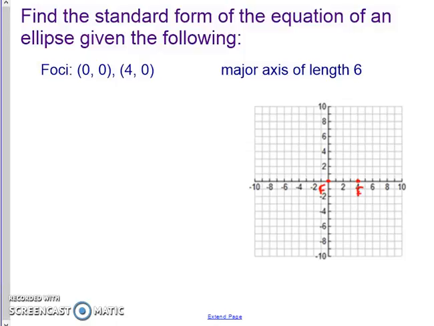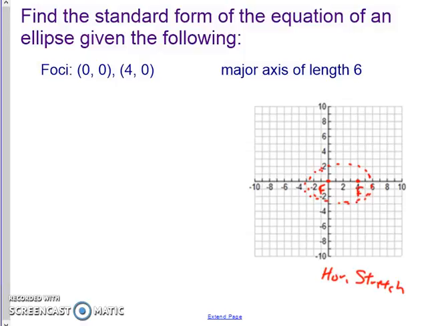Now this should tell us a couple different things. This should tell us that it's going to stretch horizontally, because the foci are on that horizontal axis there. And again, I'll just briefly put a little sketch up here, right? It should stretch somehow horizontally like that. And then it'll also tell us the center of the